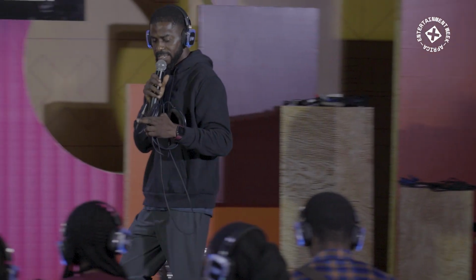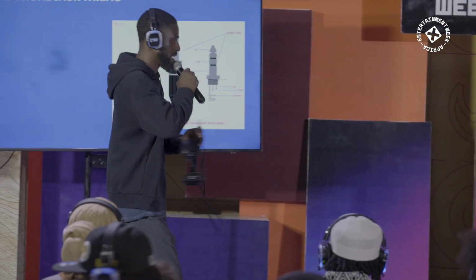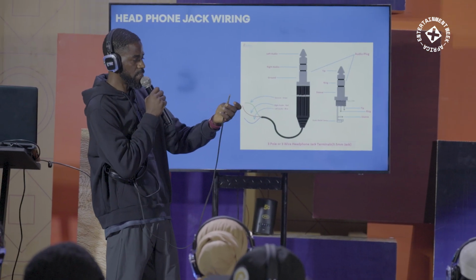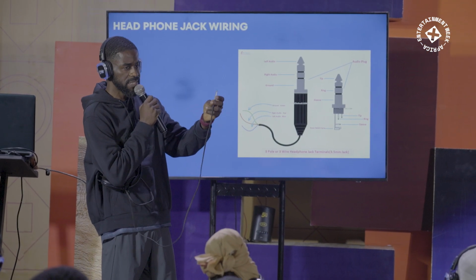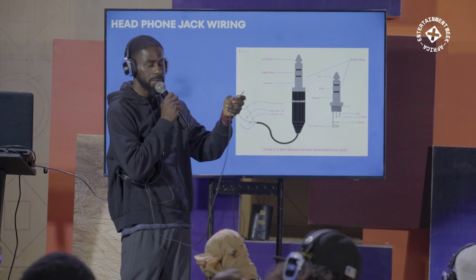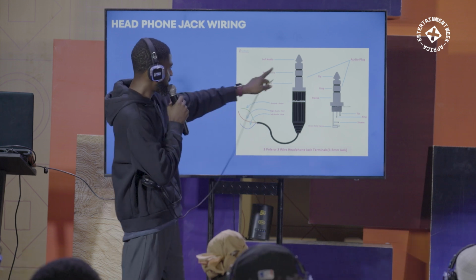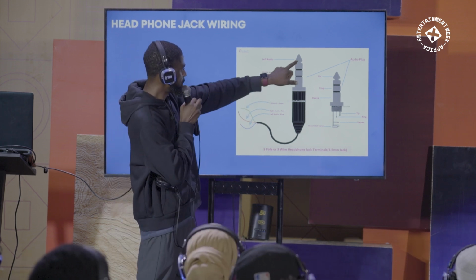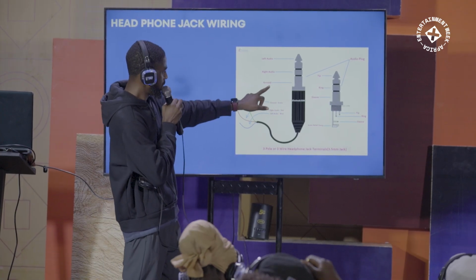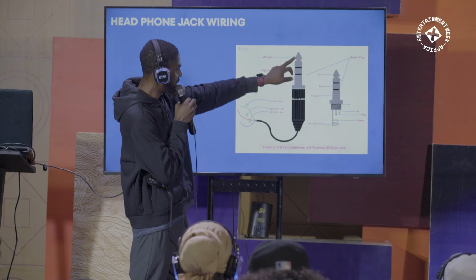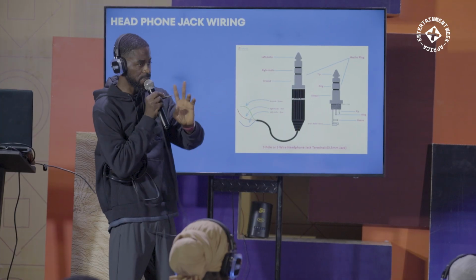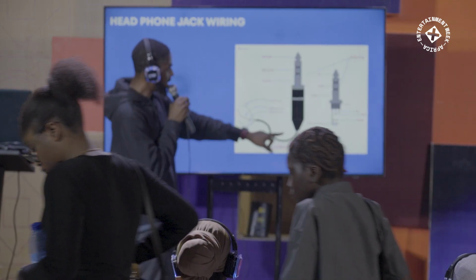Yeah. So here's a typical example. Now, when you see this, like I said, you want to know how these connectors are being soldered, what it does, why we call them jacks and all of that. As you can see, it's telling you this is your left audio, this is your right, and this is your ground. This is a stereo jack. So when you see left and right, it means stereo, like your left hand and your right hand. It's a stereo signal. So basically, that is what your jack does.